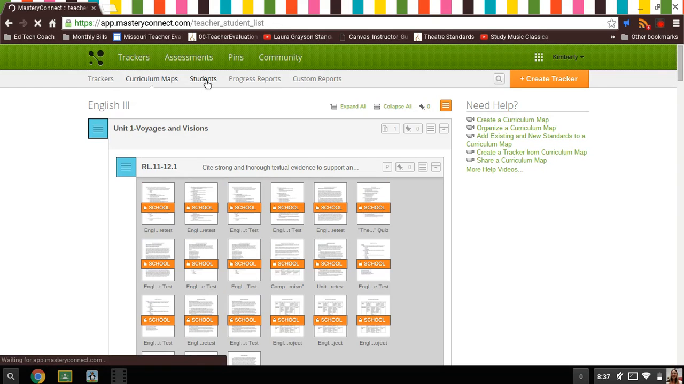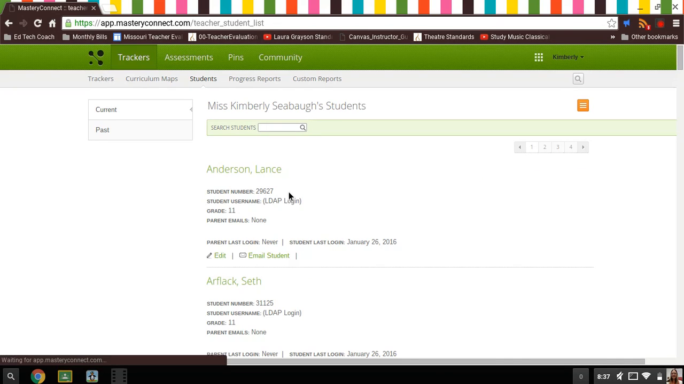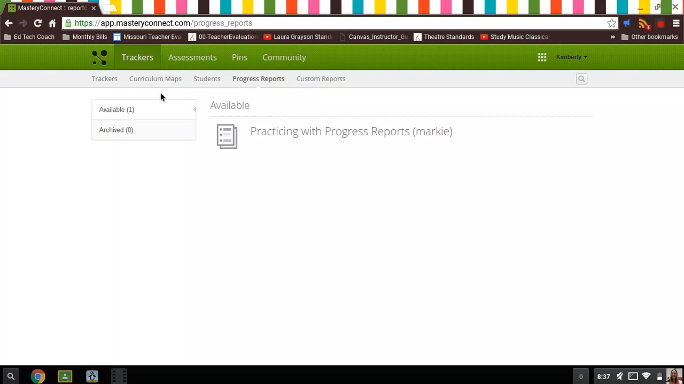Next tab is students. So this is going to have a list of all of your students in your classes. And if you click on the student, it's going to show you more information as far as what kind of progress they are making. Next tab is progress reports. Progress reports will show you, based on what standards you select,